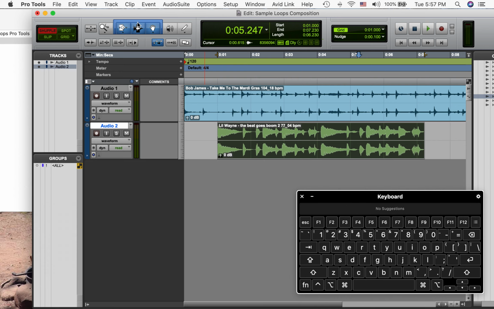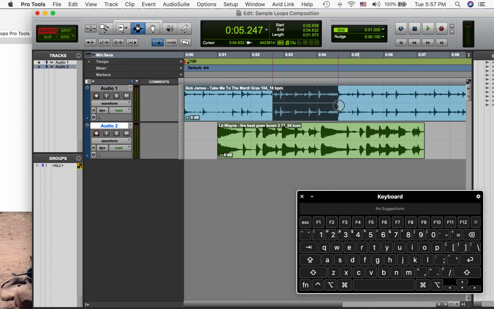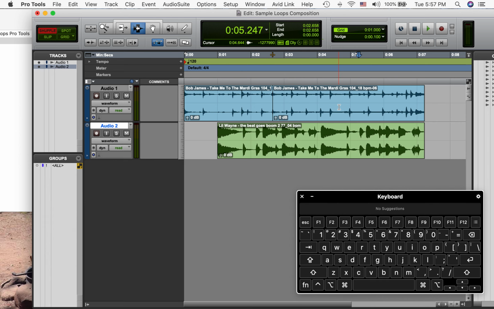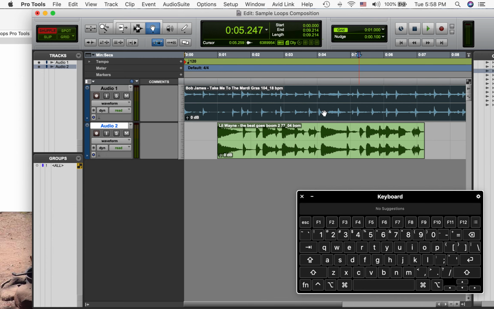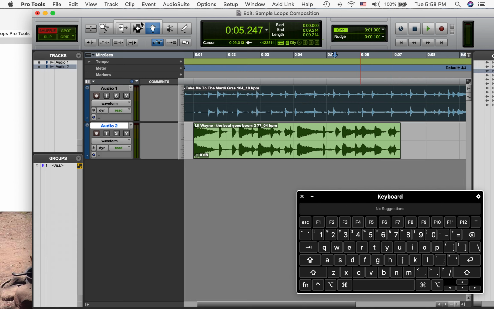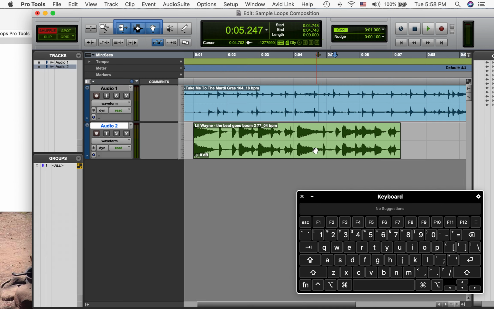We also have 3 different editing tools. I think I showed these last round, but this is the trim tool, which allows you to drag a file back and forth. Oops, I want to make sure it's on standard. This is the selector tool. You can select a portion, delete it, and so forth if you want. And the grabber allows you to grab the whole chunk. If you highlight this bracket, you can flow between the 2